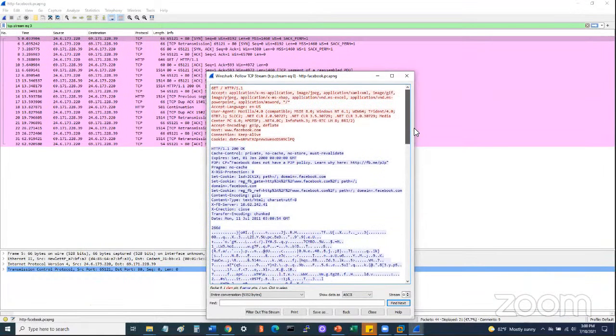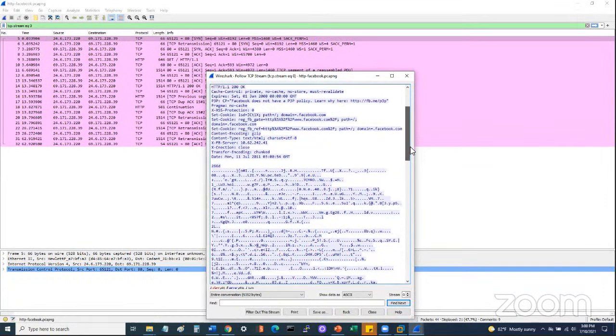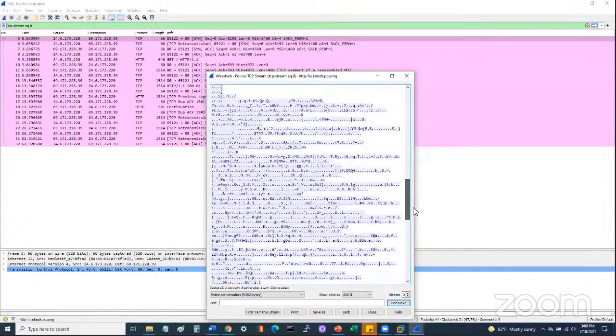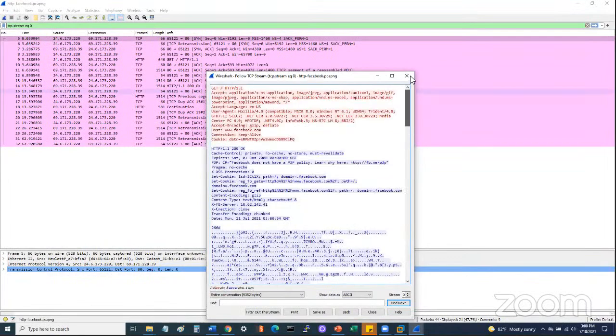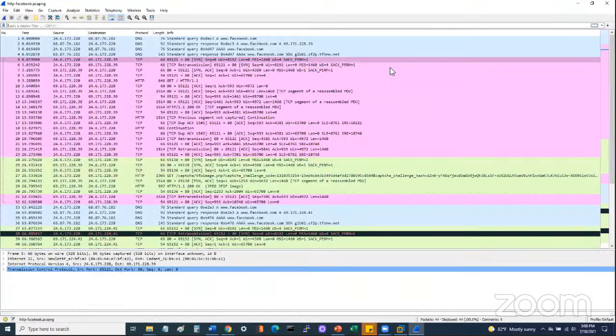So you'll see in here, we have the header information, which gives us a certain amount of information. We see that it's trying to get to Facebook, and you'll see that most of this traffic was sent over HTTPS, because you'll see that this is not in clear text. This is directly opposite from what we'll see a little bit later when we take a look at some traffic like Telnet, which is available in the clear, right?